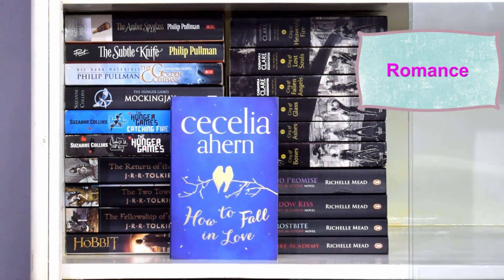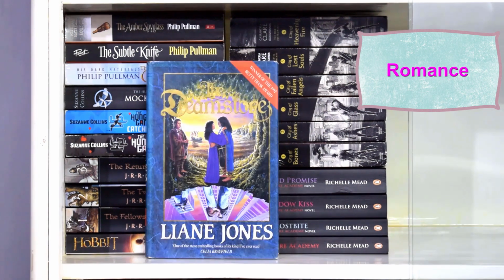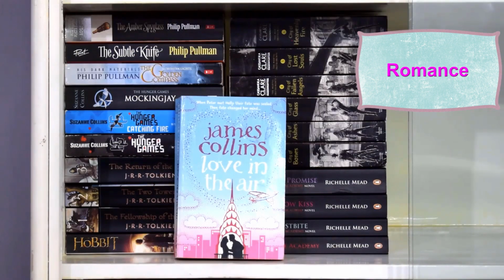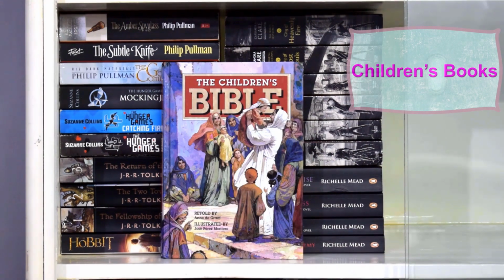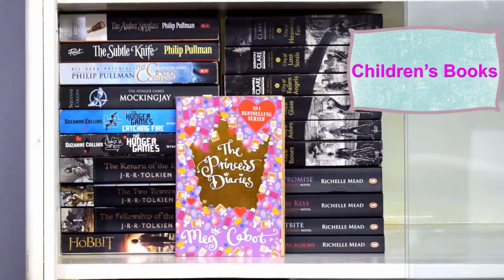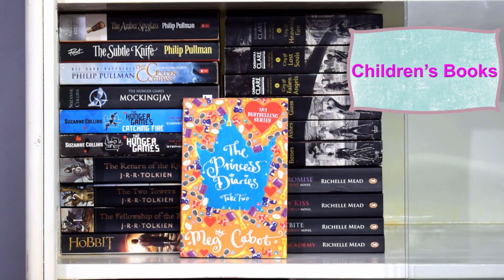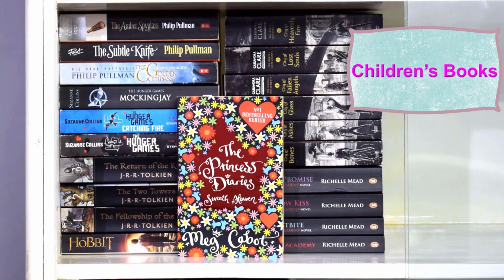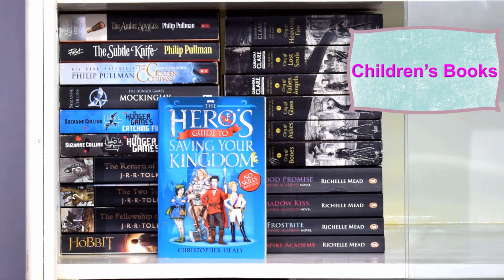I Love You, and How to Fall in Love by Cecilia Ahern, The Dreamstone by Leanne Jones, The Time Traveler's Wife by Audrey Niffenegger, and Love in the Air by James Collins, The Children's Bible retold by N.A. de Graaf, illustrated by Jose Perez Montero, The Princess Diaries Book 1, The Princess Diaries Book 2, The Princess Diaries Book number 3 and 4, and The Princess Diaries Book number 7 by Meg Cabot, The Hero's Guide to Saving